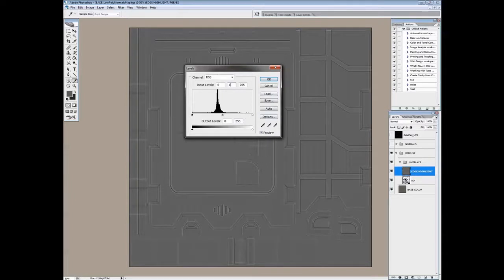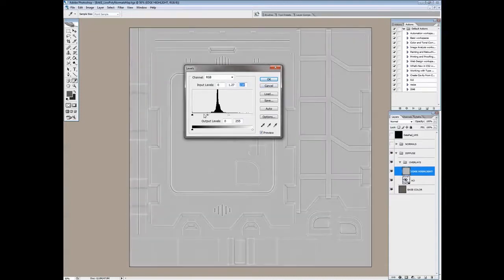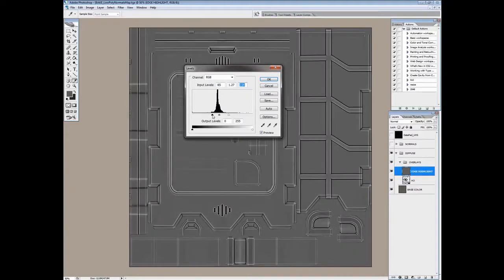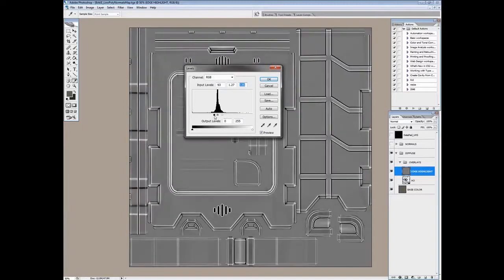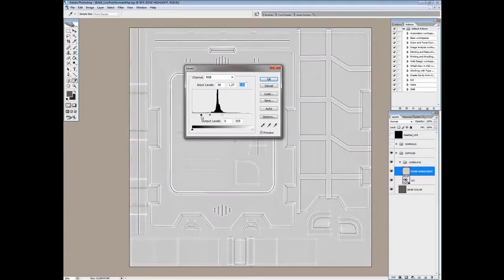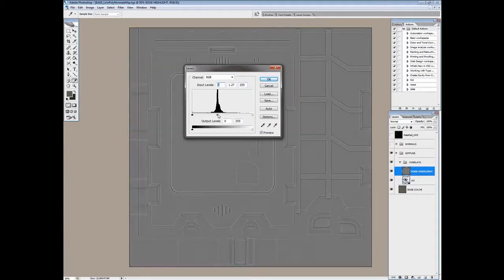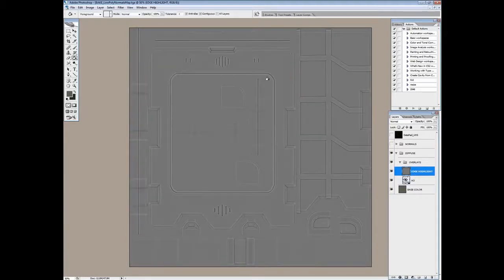So once we're done with that, we'll want to set our levels here. I use 1.27, and then I will go through and just try to adjust the levels to get basically the look I'm going for with this. You don't want anything that's too dark or too bright, because once it's overlaid over your texture, it will affect how it looks. So I'm just playing with a few numbers here, and that looks pretty good right there. I'm going to take this layer and set it to overlay,